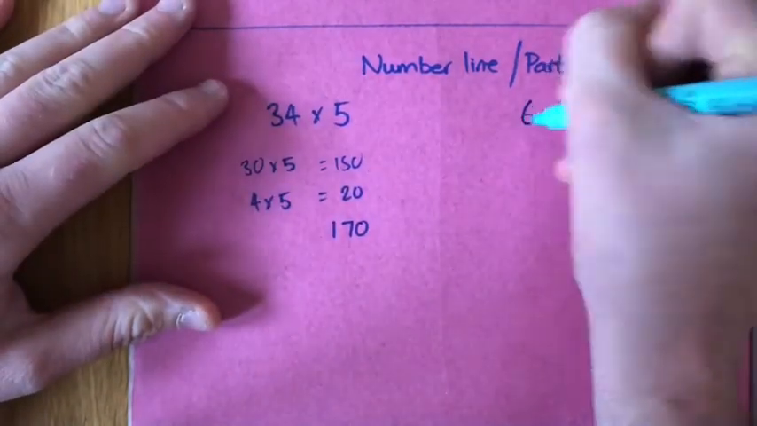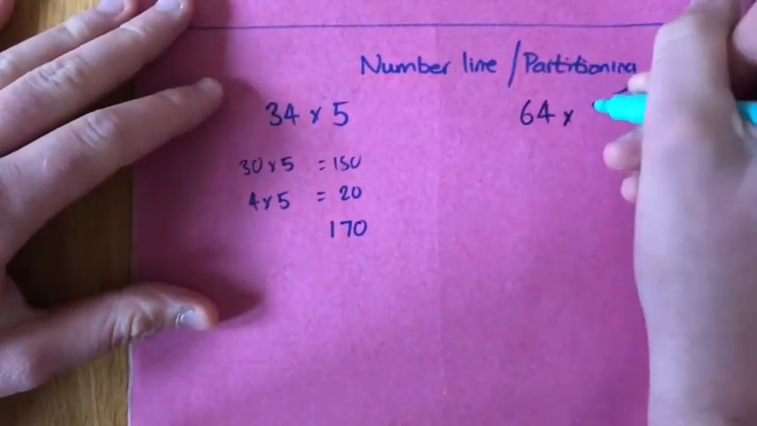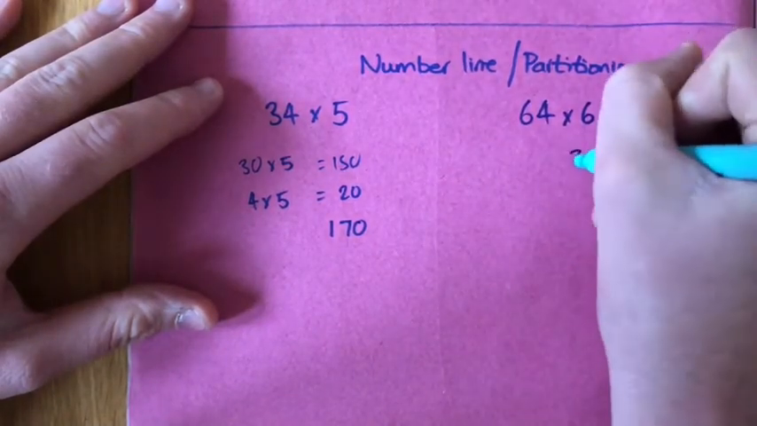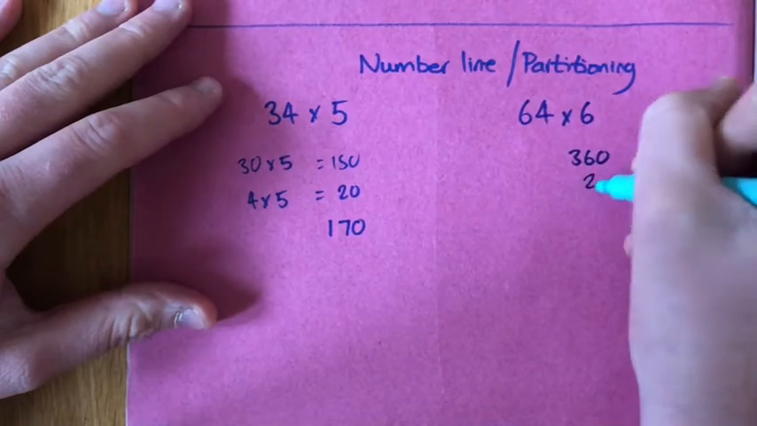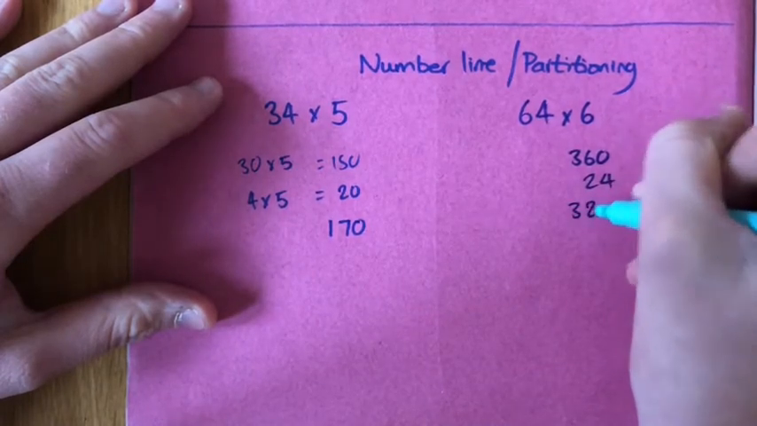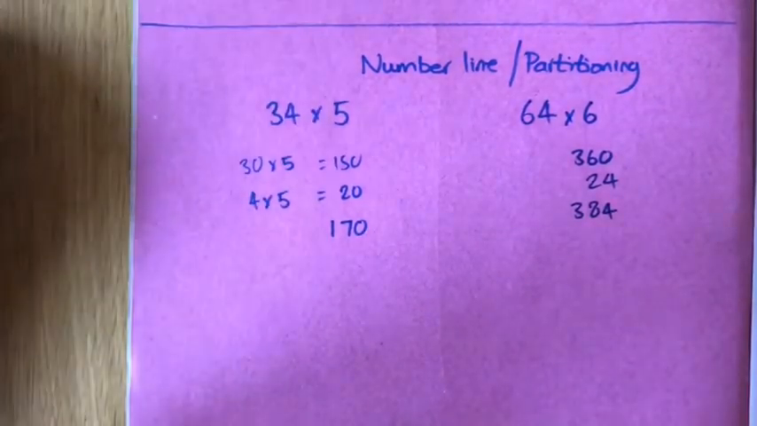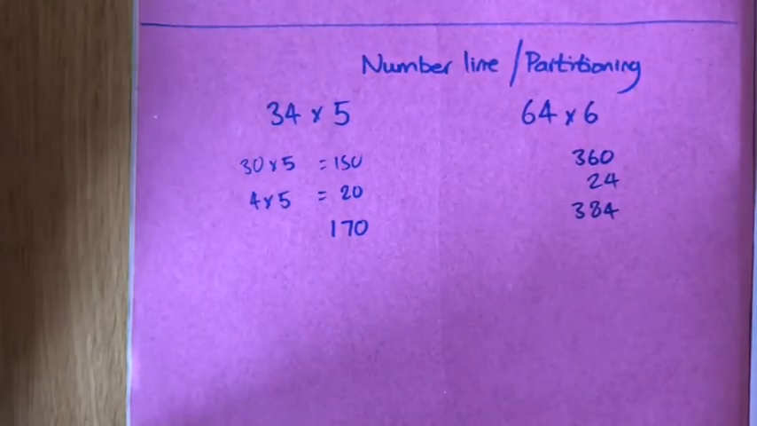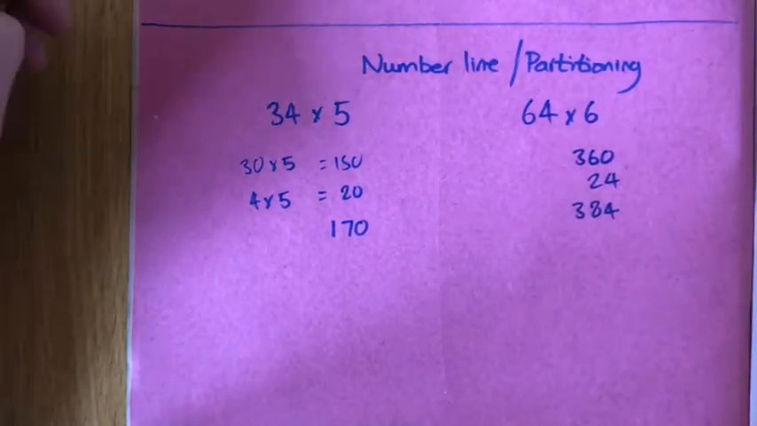So let's say I've got something like 64 times by 6. Well, 60 times 6 is 360. 4 times 6 is 24, so my answer is 384. I've used jottings and I've got the answer. Could I have done it in my head? Well, probably, but the problem with trying to do everything in your head